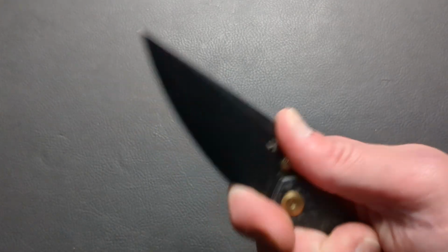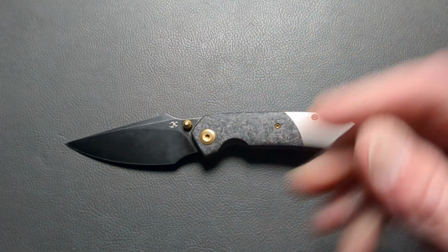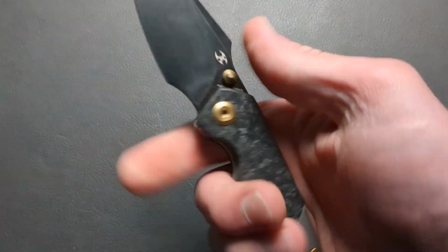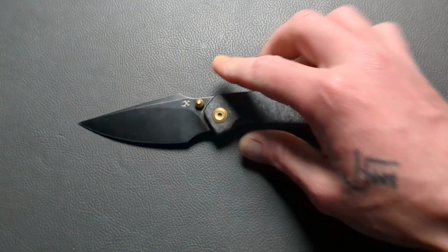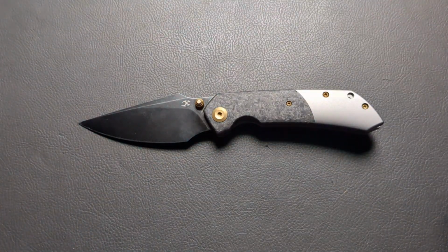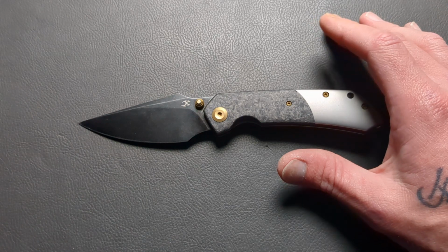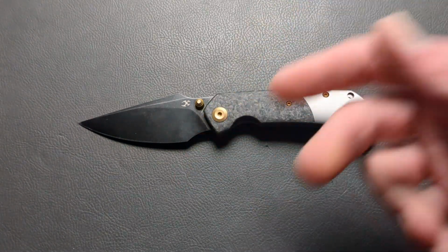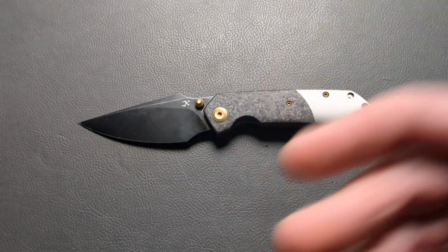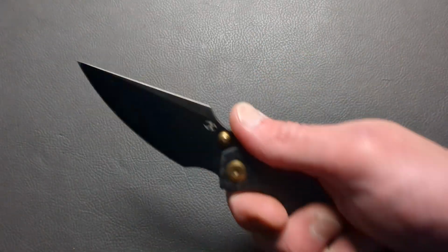And it's a very cool, unique blade shape. I love this blade shape. It's not something I typically gravitate towards, but when all the rage was going on a year ago about this knife, and I didn't get one, and then I was mad at myself for not getting one, I finally was able to snag one. He did a drop of these and kind of put them out all over the place, and you could see them dwindling away quickly. A lot of them were disappearing, and I just happened to be on Amazon like usual,